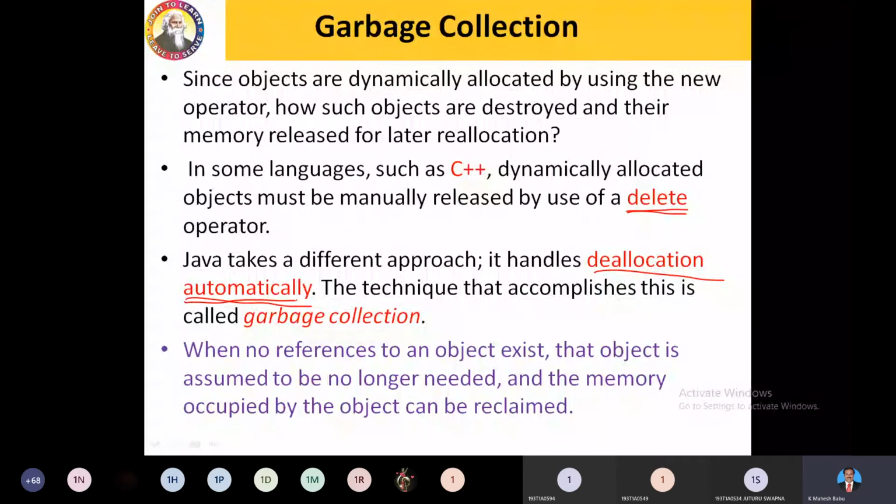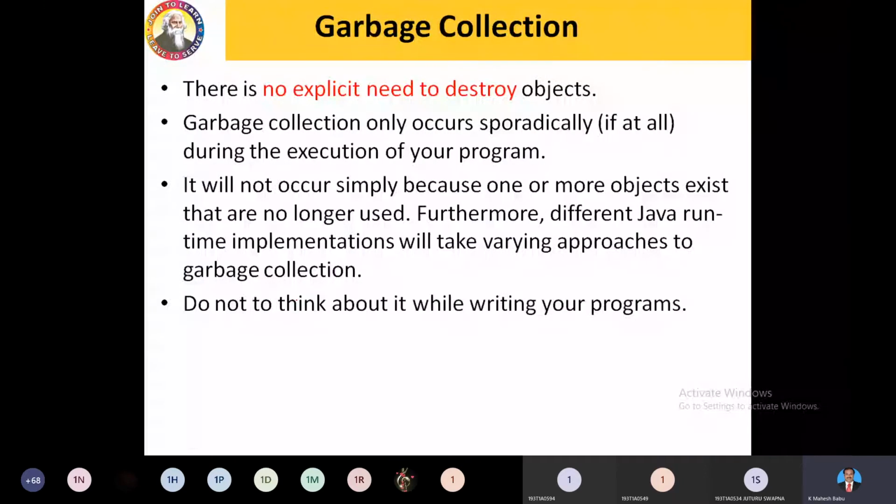That's what we call garbage collection. So Java has a garbage collector which will collect the memory that is not referred to by any object, the unused objects. Such things will be automatically recollected and made available for further use. That's about garbage collection, and there is no explicit need to destroy any object. Everything will be done automatically. If no one is using it, it will automatically be removed. You should not think about removing or deleting memory.